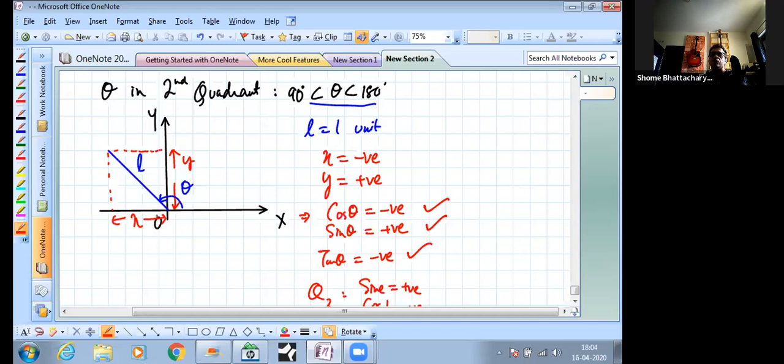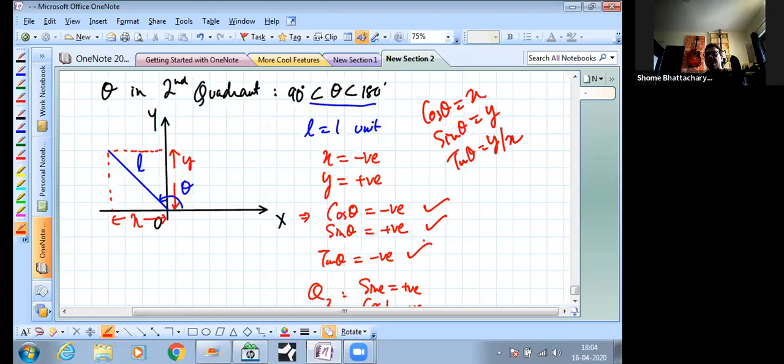Now, the projection on the x-axis is to the negative side of the origin. So x should be a negative quantity. The projection on the y-axis is on the positive side of the origin. So the moment you have rotated this rod through an obtuse angle, it is now lying wedged between the negative x-axis and the positive y-axis. That's why the y projection is positive and the x projection is negative. And in the previous slide, you remember x was nothing but cos theta. Cos theta was defined as the x projection for a rod of unit length. Sin theta was defined as the y projection, and tan theta was defined as the ratio of y by x. So you can see that if x is negative and y is positive, that means cos is negative, tan is negative, but sin is becoming positive.